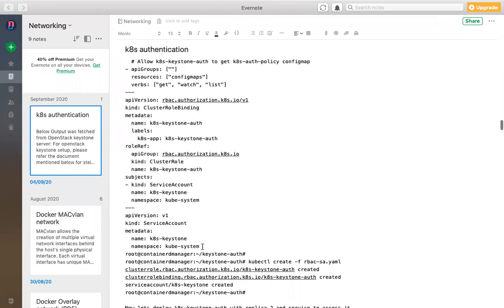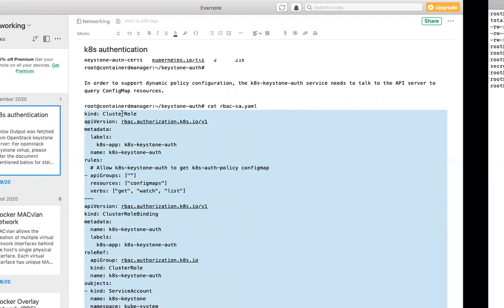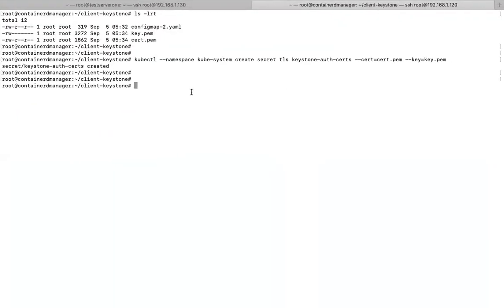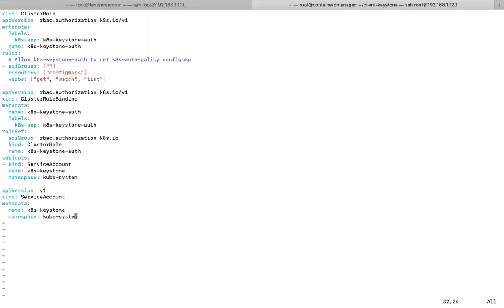So yeah, this RBAC will be used by your service account, which will be used by your Keystone webhook. Okay. RBAC-sa.yaml. Now you can see in this RBAC what permissions we are giving for this particular service account: he can access config maps, get, watch, list.